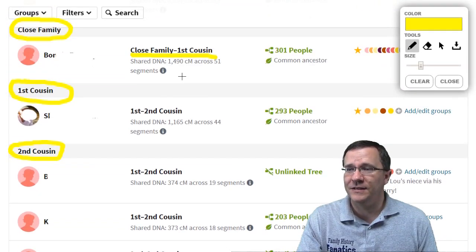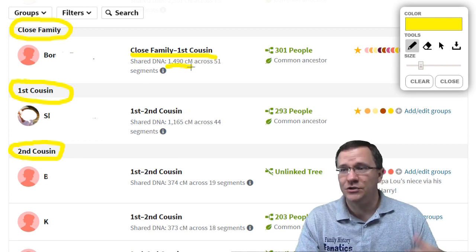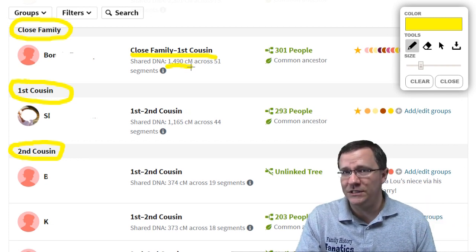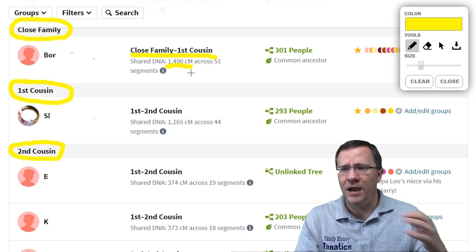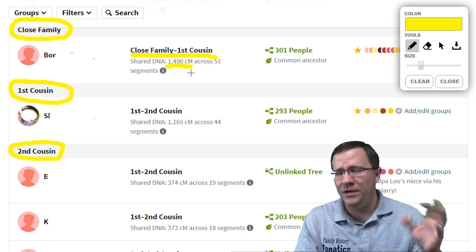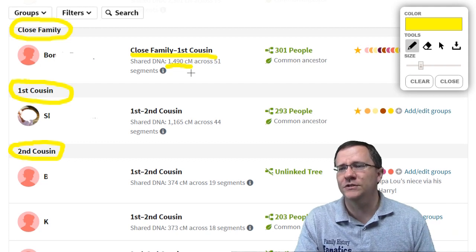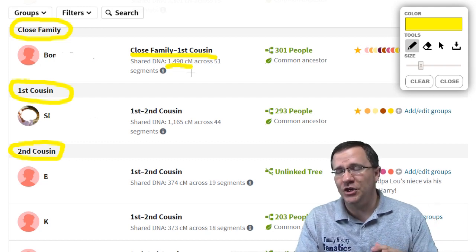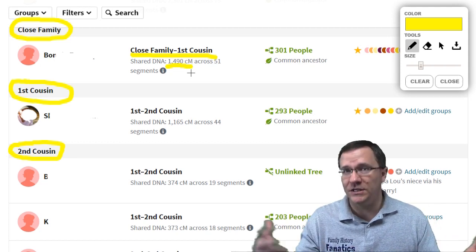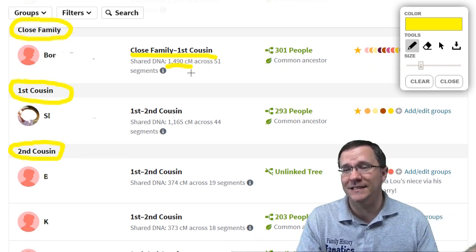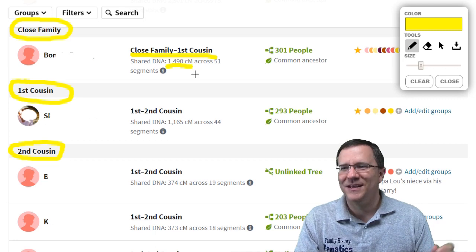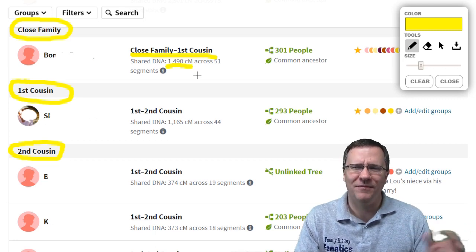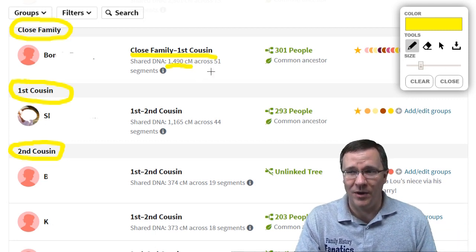The other thing that this is showing here is how much DNA you share. This is measured in centimorgans, and usually if you are a parent with a child, it's going to be about 3,500 centimorgans. Each relationship more distant than that is going to be much less than that. So in this case, this is a sibling, and this is an aunt, and this aunt shares about 1,500 centimorgans with my wife.